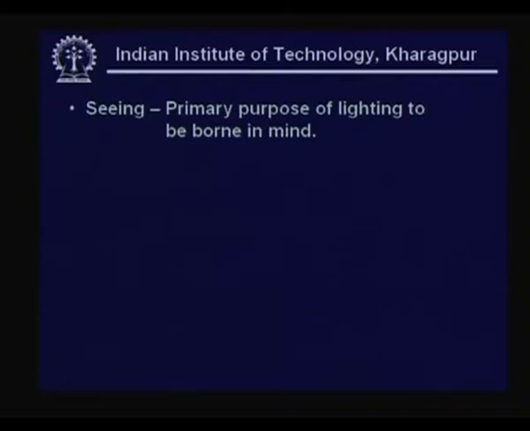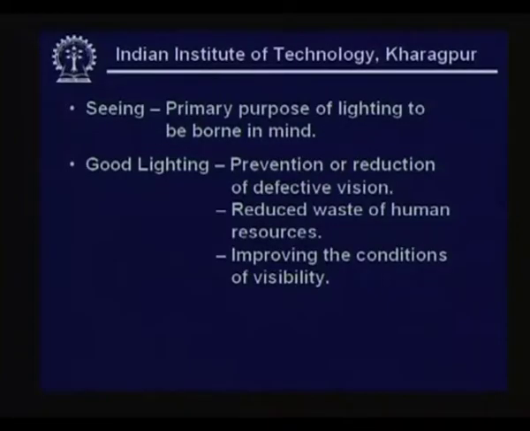So, seeing is our primary purpose of lighting. Recall, right in lecture 1 we had said that the ability to see things is the purpose of lighting, and our aim has always been to see that artificial lights are as close as possible to the natural lights, and good lighting therefore should be in such a way as to avoid defective vision. We have seen how the eye responds in bright light by having what we call cone vision, and in dim light by having rod vision. That is why we are looking at how the eye responds to illumination,